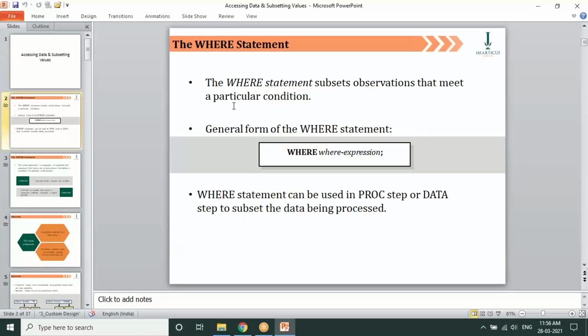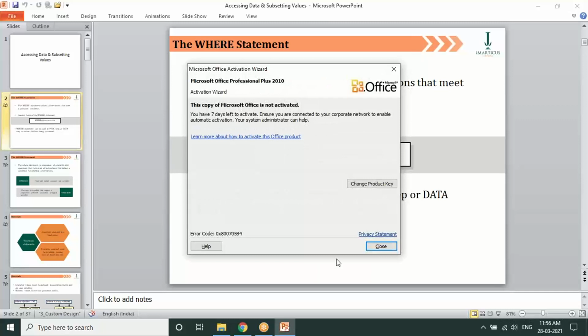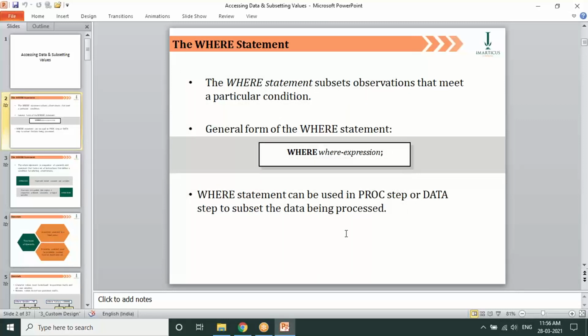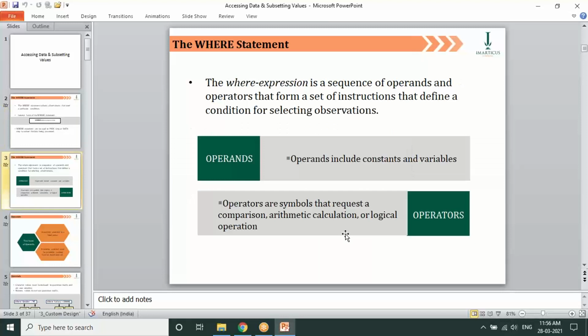For that, we use a statement called where. It's like a where condition, a where clause. Under this where, we create some kind of expression to filter the data. We build this expression with operators and operands. For example, where name equals Tom.